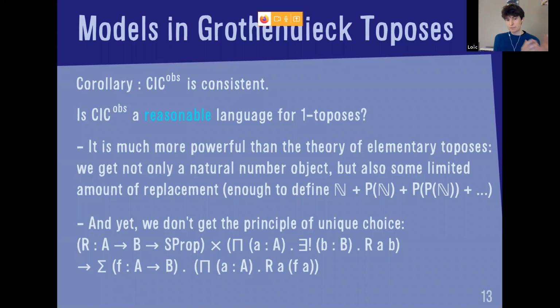This principle is the principle of unique choice, also called the principle of function comprehension, which says that if you have a relation between two types A and B, such that it is a functional relation, then you can extract a function from A to B that realizes this relation. And this is a basic building block of the theory of toposes, but it is not available in our observational type theory.